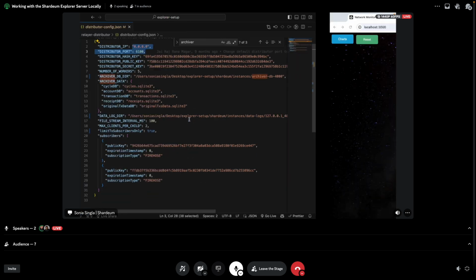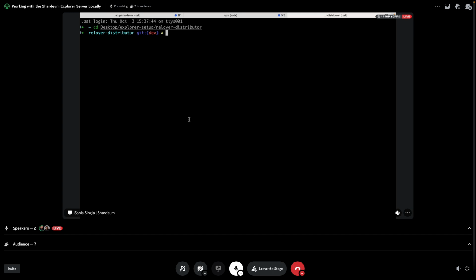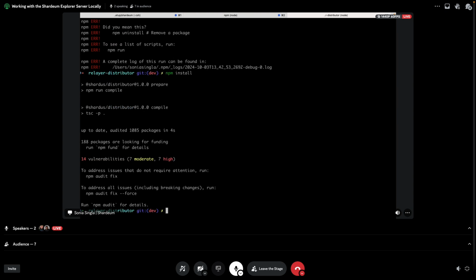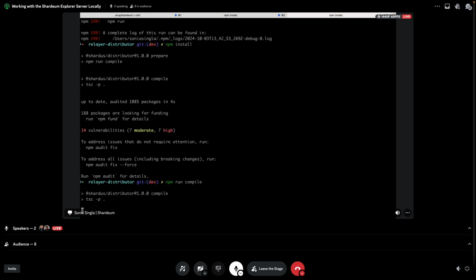Now what we are going to do is go back to our terminal, and let's do npm install. Okay, so we have all the dependencies installed. Now let's compile it using npm run compile. Okay, so now that it's compiled,